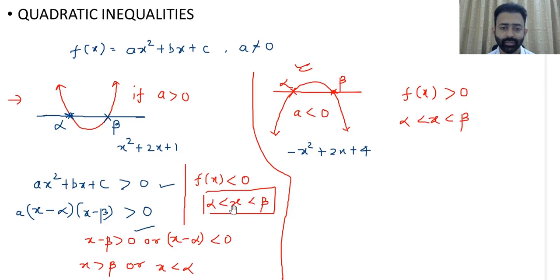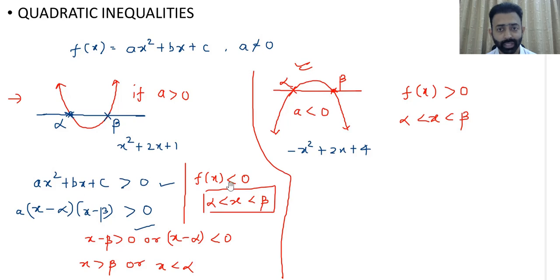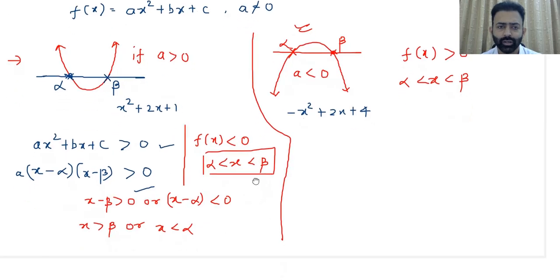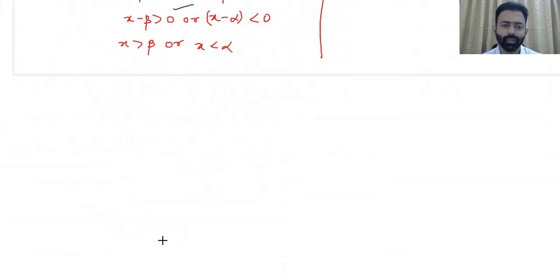Which is just the opposite of this curve. Here, between alpha and beta, the solution set is for f(x) less than 0. But if it is inverted U, for f(x) greater than 0, the solution set is between alpha and beta, and vice versa. If I ask for f(x) less than 0, f(x) is less than 0 for all values of x greater than beta and for values of x less than alpha. So what should we do when we need to remember this, whether the curve is negative or positive? Things are very complicated, so the simple thing is, in order to solve a quadratic inequality, what you do is